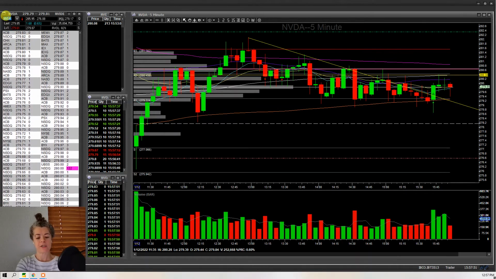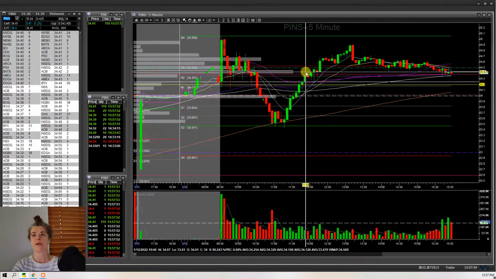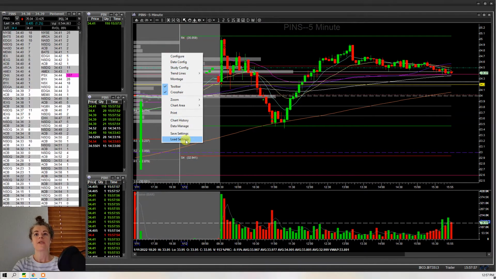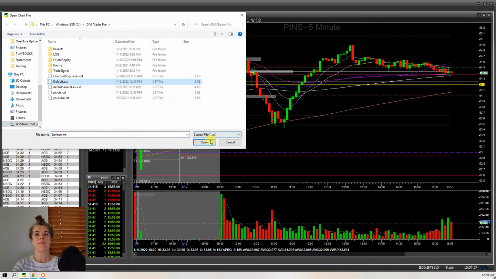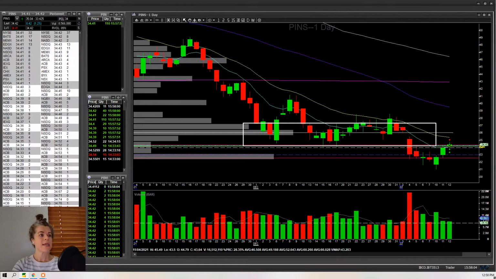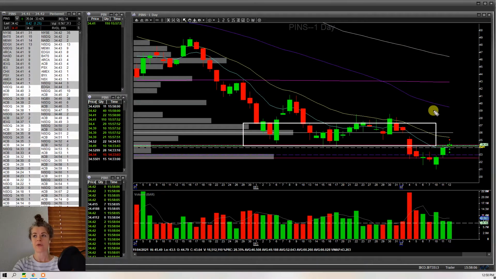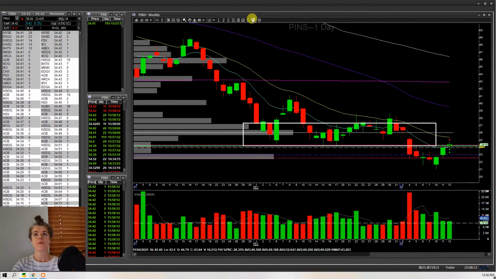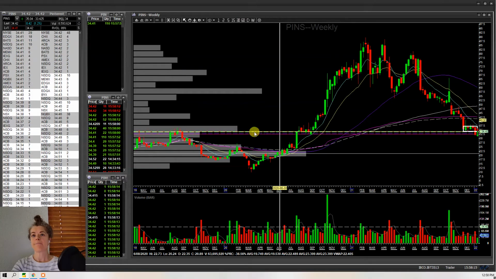And then I did take a couple trades on Pinterest, one that didn't work out and one that did. So let me just take off my pivots for the daily. I'm looking at the daily and I see this range. I already have it drawn right here. So I see that range on the daily, and then if I back it up to the weekly, you can see